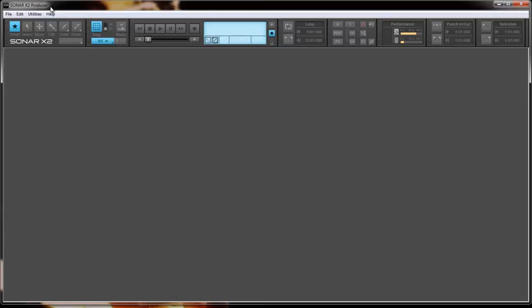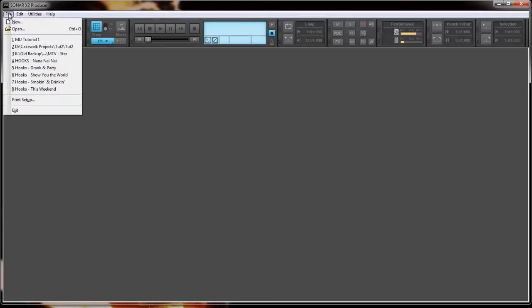So if you try to stack plugins on top of VSTs and instruments, it may take up a lot of CPU on your computer, and it may slow it down. The best thing to do is to keep your mix clean by exporting everything to a WAV, or if you're on a Mac, AIFF. If you're using another program, Sonar doesn't work on Macs. So I'm going to start a new